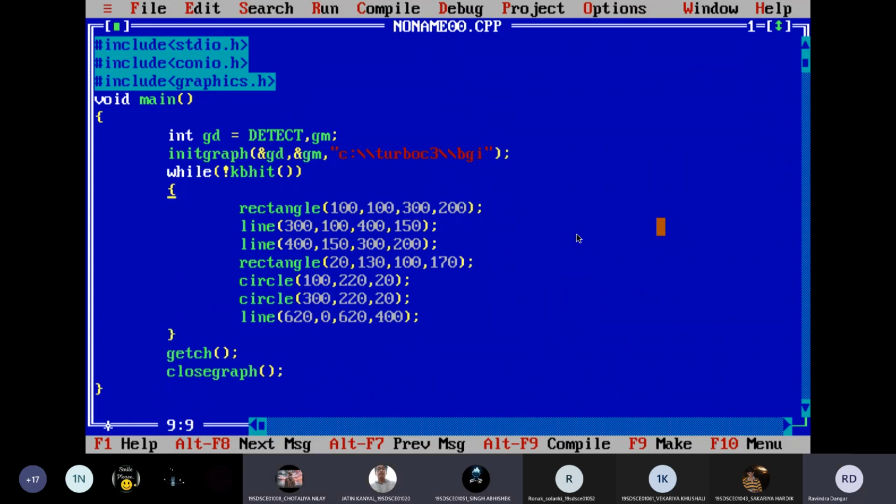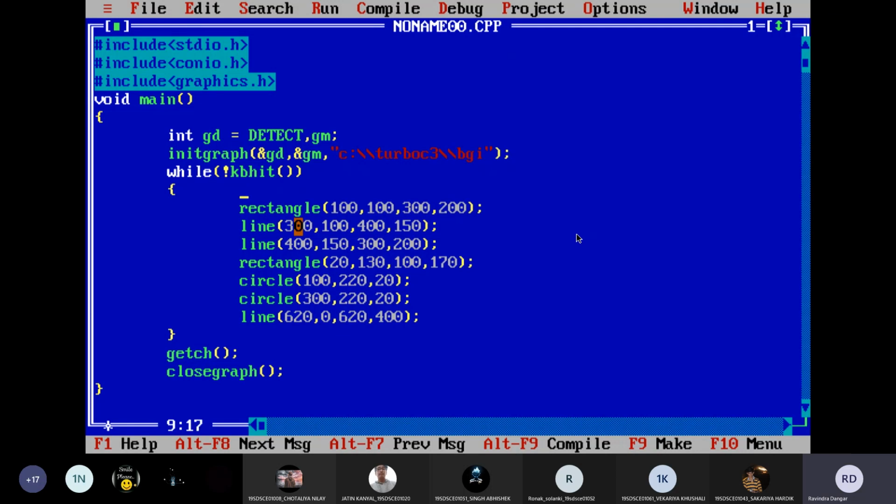This means that when I run the program and it starts, if I don't press any key, then the logic inside my while loop will execute. As soon as I will press any key from the keyboard, this loop will break and will come out of the loop. This is what we want to do.